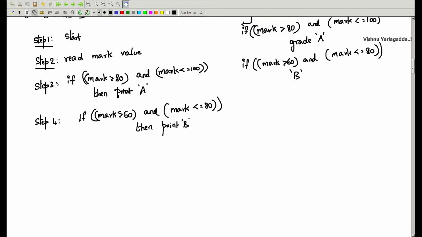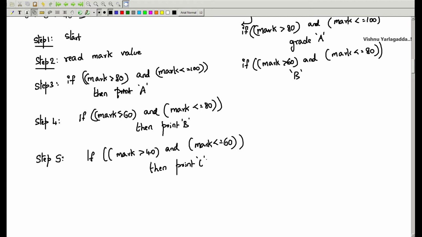Next, 40 to 60, it is C. Step 5. I check the condition again: if the given mark is greater than 40 and mark is less than or equal to 60, then